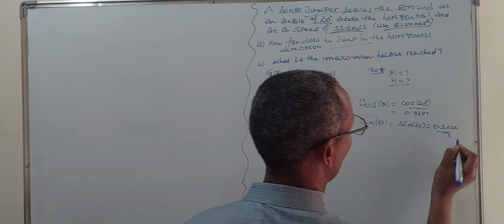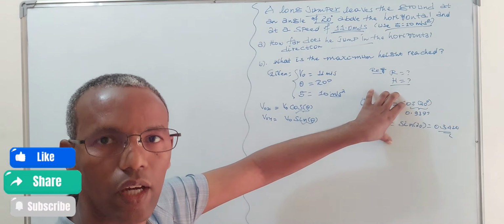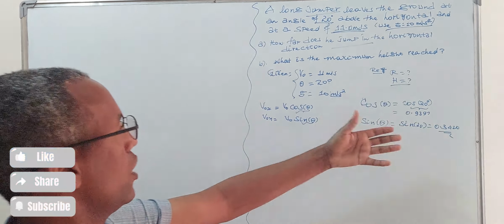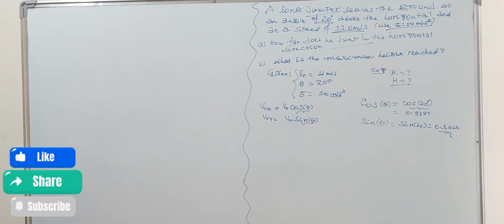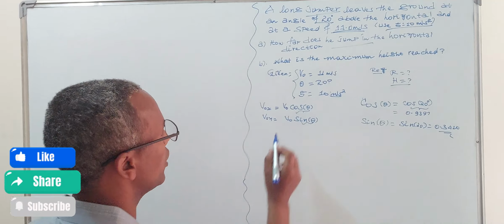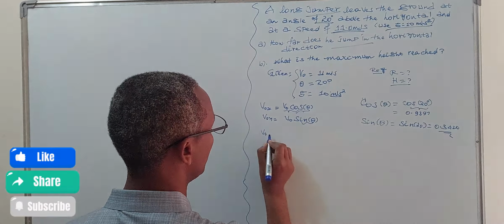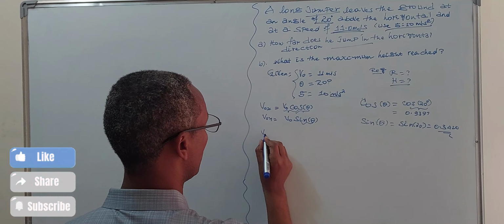I guess you can check by yourself. Those are important parameters that will help you to calculate this exercise, right? So next, what you need to do is replace here. V sub x, I mean V sub O